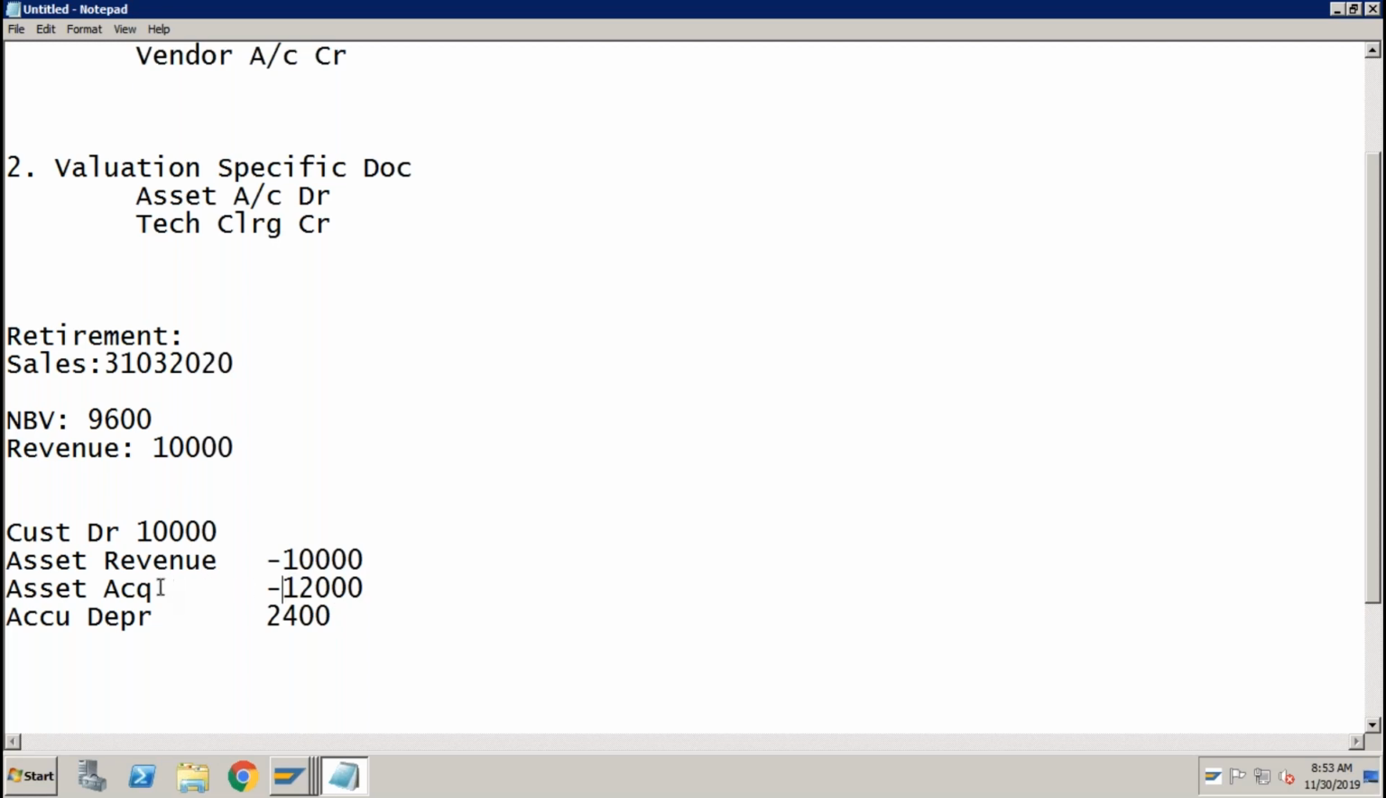12,000 you are getting as an acquisition, 2,400 as an accumulated depreciation, and this asset revenue account will come once again. I'll tell you why. Asset revenue is a clearing account, so this will come once again with positive 10,000. And now how much are we left with to make this balance zero? We are left with 400, right? Okay, so the remaining 400 would be profit